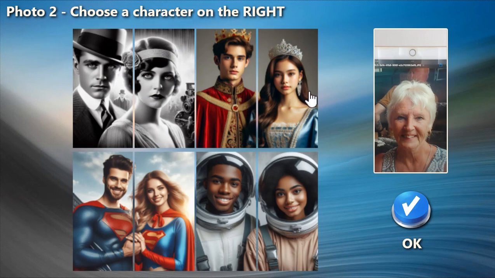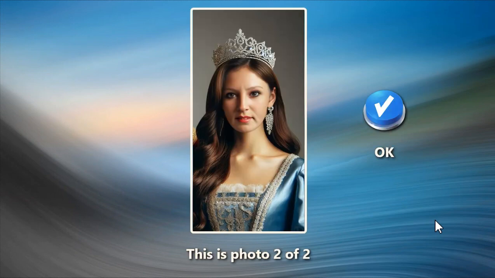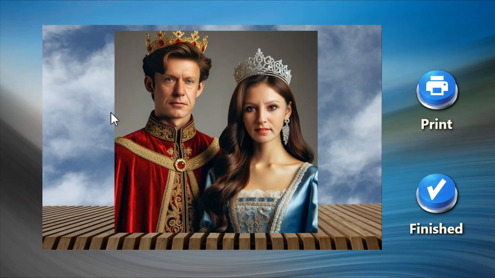So choosing a character on the right, we'll go for this one. And here we go. Let's have a look at the finished article. Well, okay, there you go. So we've got the left and the right hand side